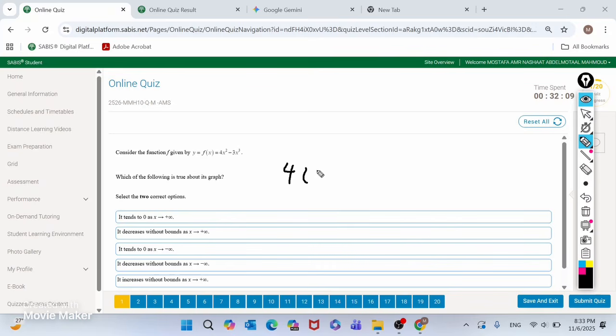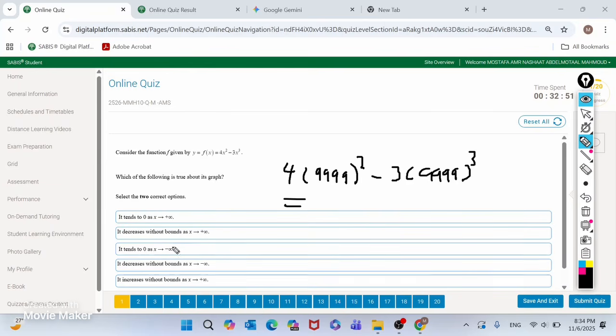So here you could say 999 squared minus 3 times 999 cubed equals. Now if it gives you a positive number, then it increases. If it gives you a negative number, then it decreases. And if it gives you a very small number, like a fraction or a very small decimal, then